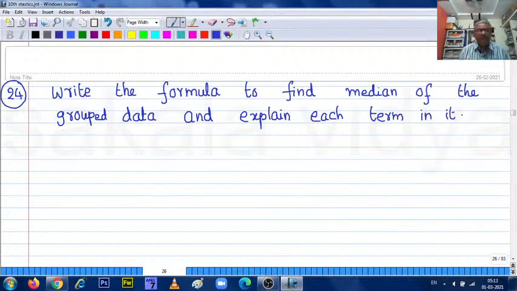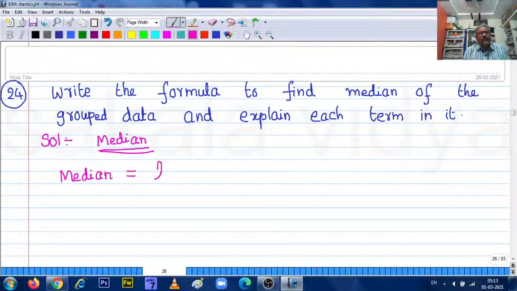This question is related to the median. How to find out the median of the group data? The group data can be evaluated using the formula. The formula needs to be written here, and each term involved needs to be written too. Solution: formula for the median. Median equals to,